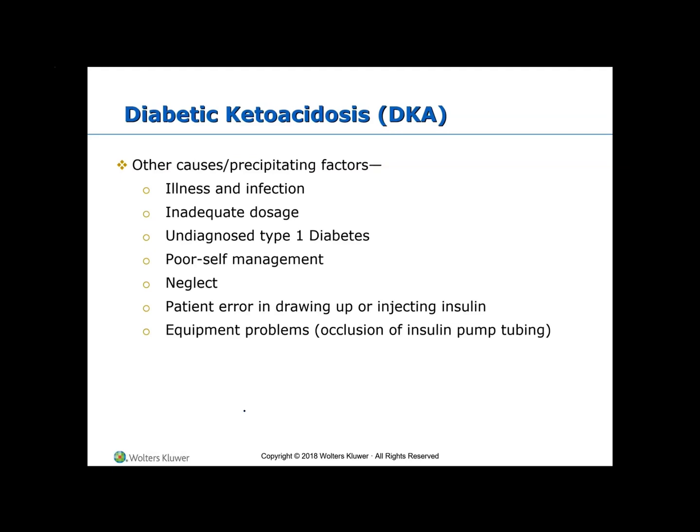Other precipitating factors are illness, poor self-management, neglect, patient error such as drawing up the wrong insulin, and equipment problems. A lot of diabetics that require insulin will be put on an insulin pump. If there's an occlusion in the pump, we've seen those where the insulin is not getting in. Improper